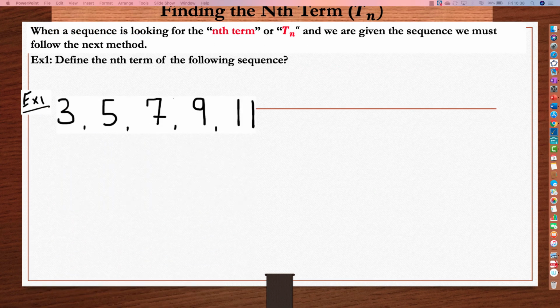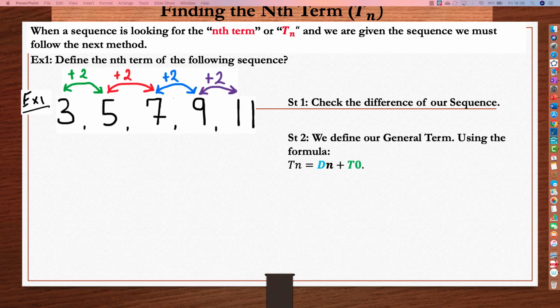So what happens if it goes the other way? So 3, 5, 7, 9, and 11. This time, they give us the numbers and they want us to find Tn. Now, a couple of teachers do it differently. The easiest way to do this is if you follow this now. The easiest way to find the general rule, or the nth term, or Tn, is